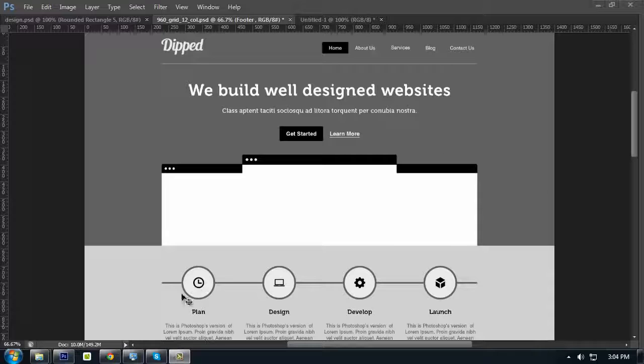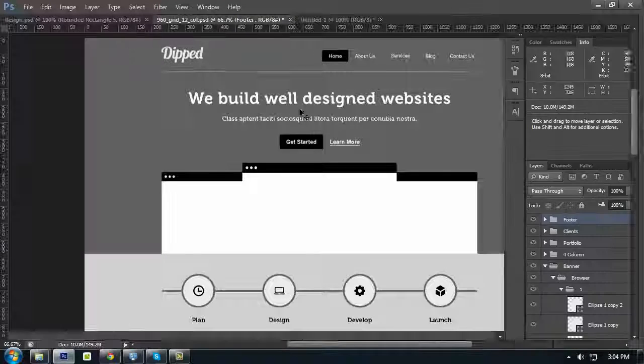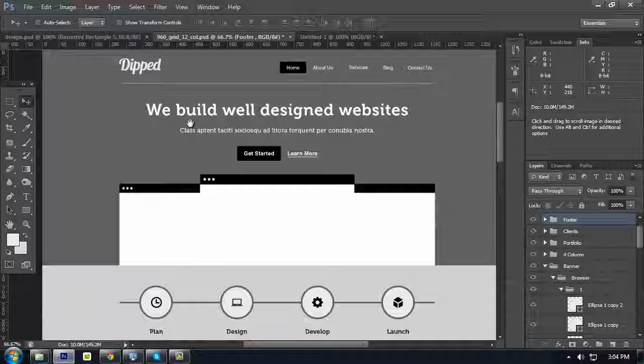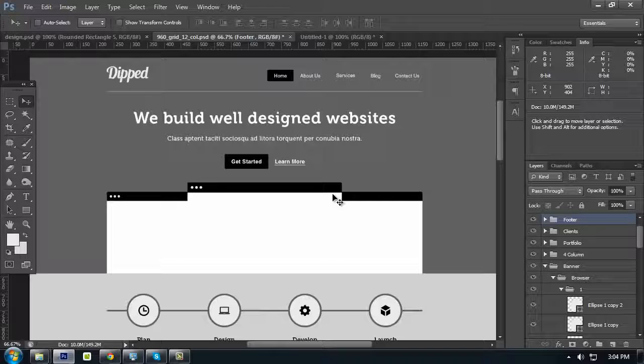So what we did lastly is convert the wireframe and bring it to Photoshop to have a detailed one. What we're going to do now is style this out. First thing we need to do is focus only on the heading part, like the logo, the navigation, the background image, and this browser part right here. So to get started,